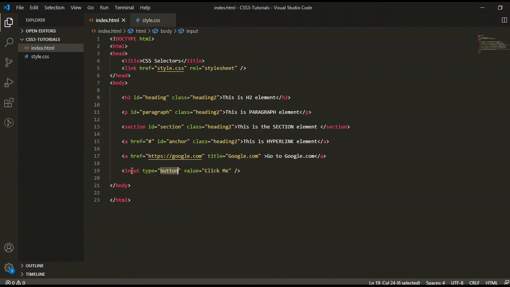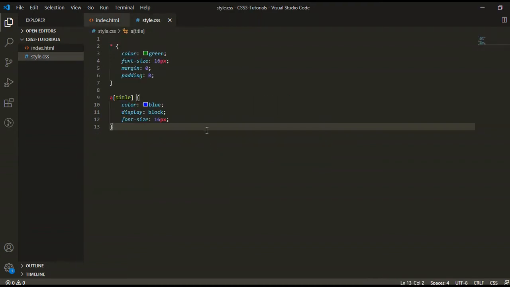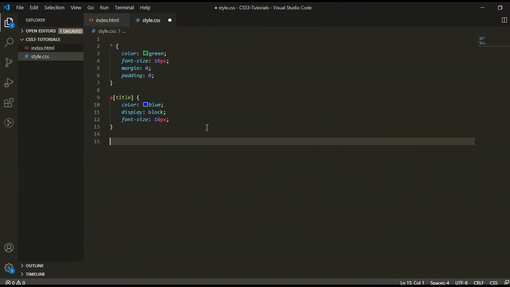Now we will select this input element with the type button attribute. So let's see how we will select this. Here we first write the element name, square bracket, then the attribute name, its type, and its value is button.